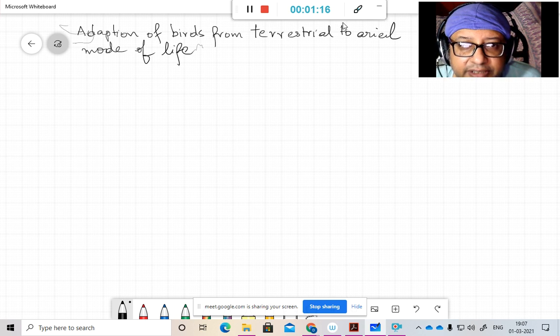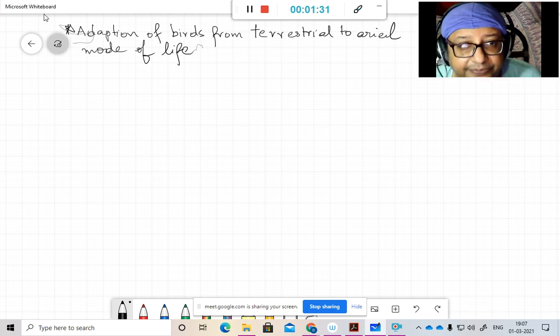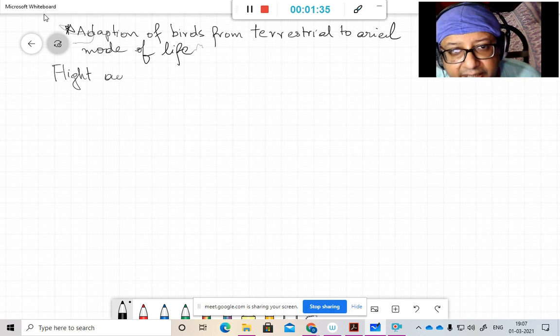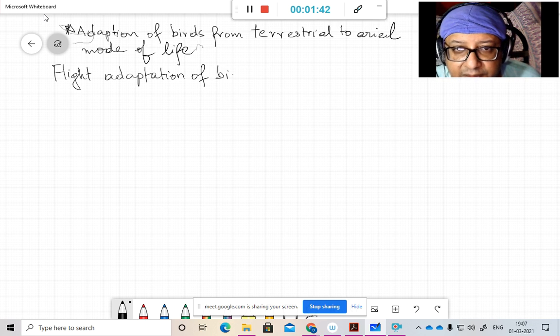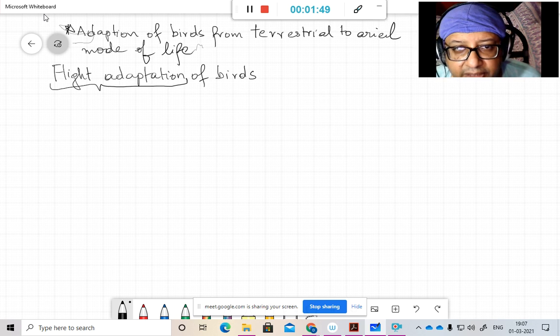So this is not a good topic. The better topic is flight adaptation of birds. So flight adaptation has got another term that is known as